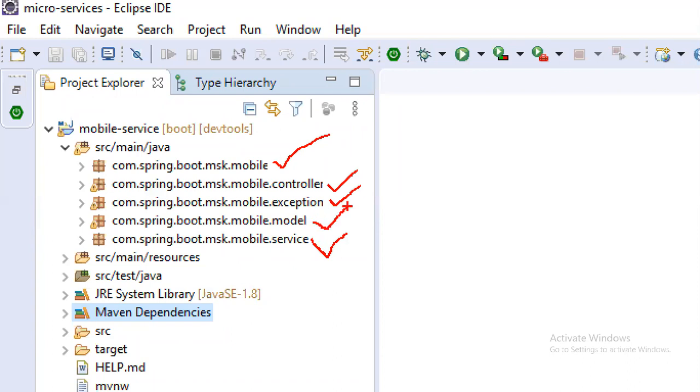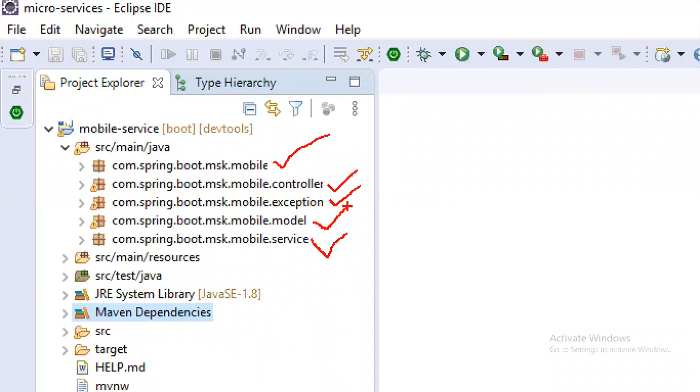If I have database integration, we will have one more folder called repository. If you have some other third-party service integration, you might see one more folder called integration. But they should always be inside mobile.